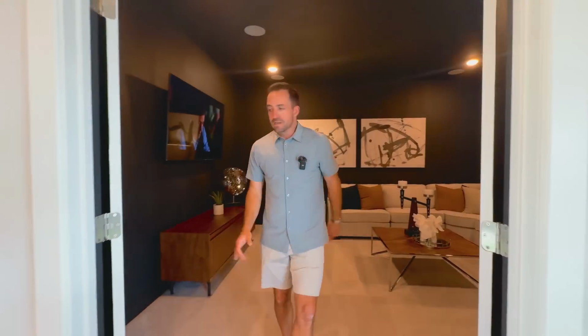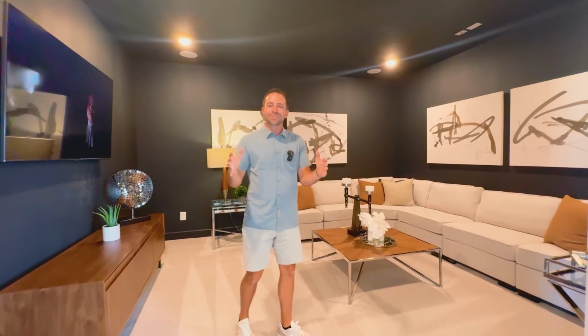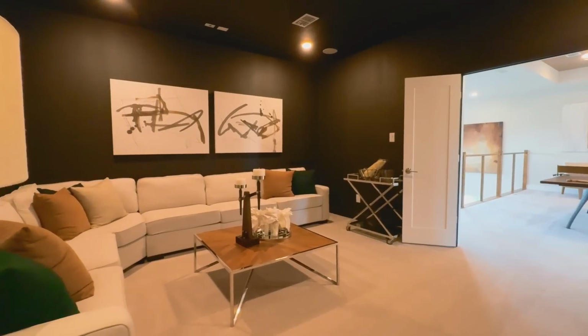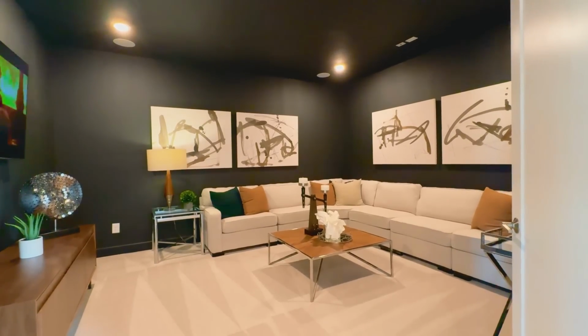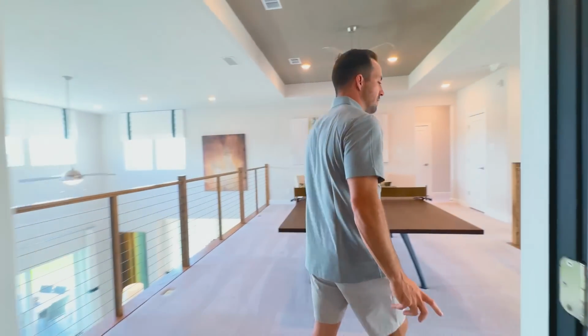This is where the media room is, and this is a bigger media room than the home next door because they're not trying to cram it all on the first floor. You've got a massive sectional in here. You could probably fit 8 people in here comfortably. Plenty of room. You got your TV, surround sound once again,